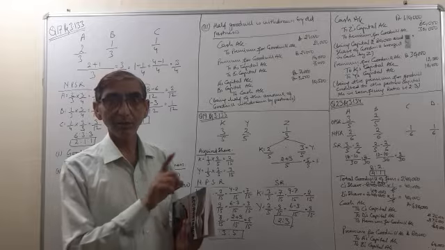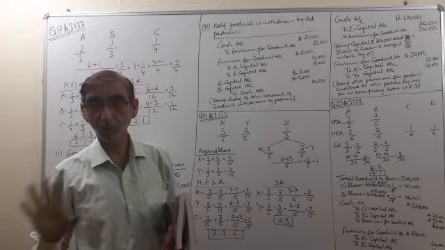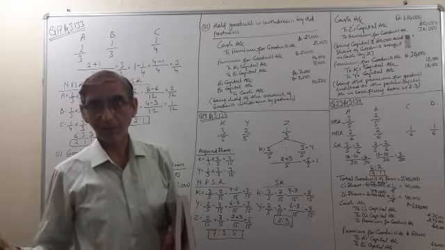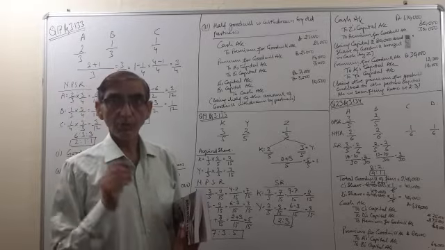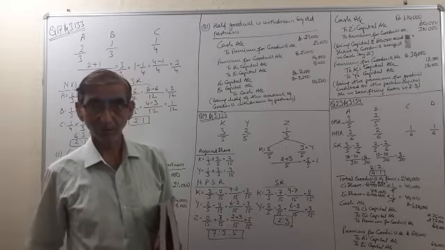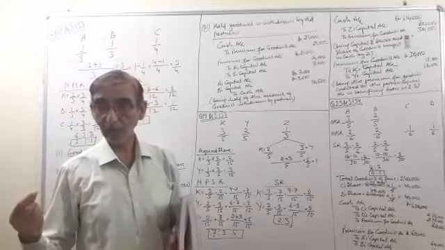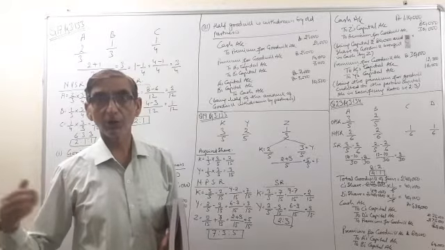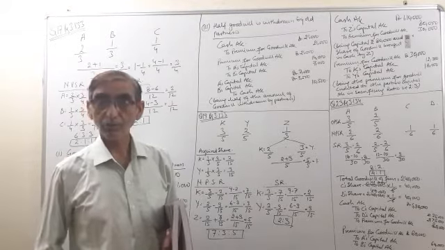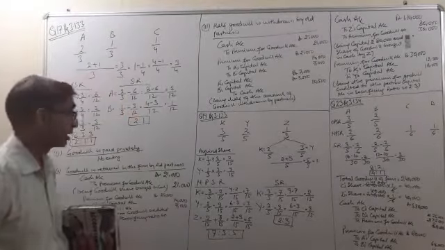Number 1, when the goodwill is to be distributed among the old partners privately. Number 2, when the goodwill is to be retained in the business by the old partners. Number 3, when half of the goodwill is withdrawn by the partners. So एक ही क्वेश्चन में first 3 केस कवर होते हैं.